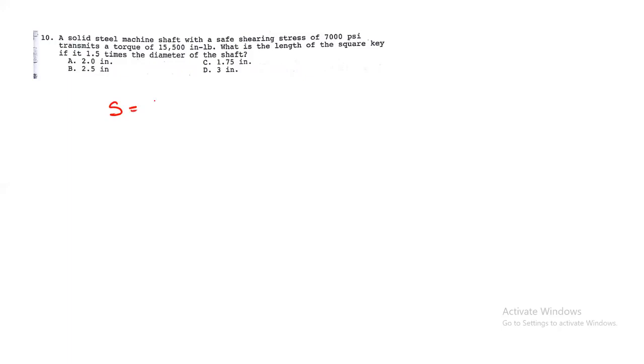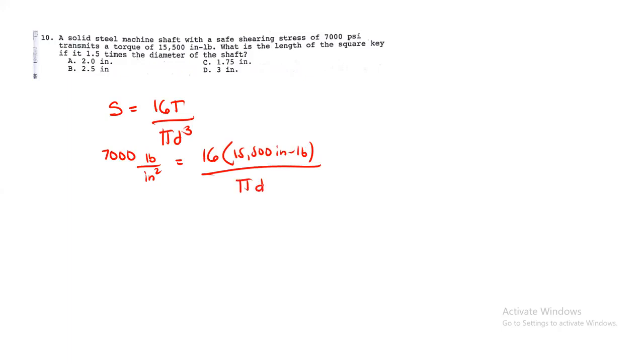So stress is equals to 16 T over pi d cube. So ang stress natin dito is 7,000 psi, pounds per inches squared, is equals to 16 times torque na 15,500 inch-pounds per pi d cube. So makukuha natin diameter dito guys is, ilan tong diameter na makukuha natin? 2.24